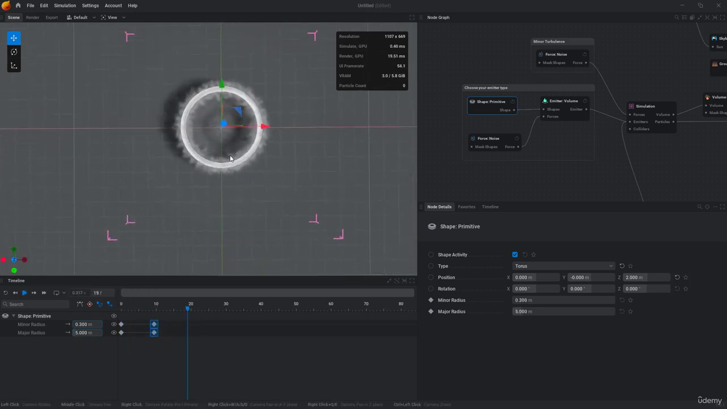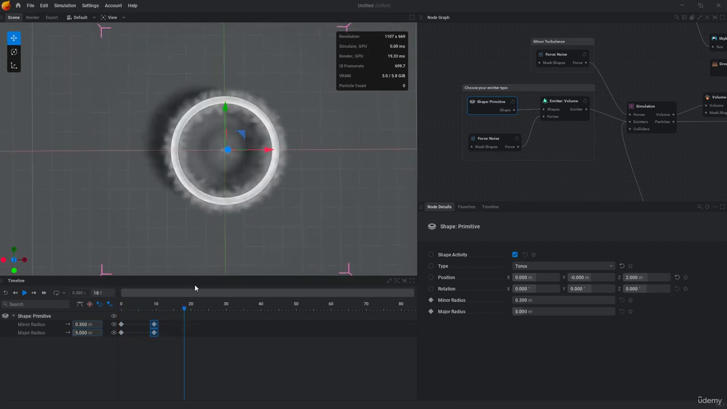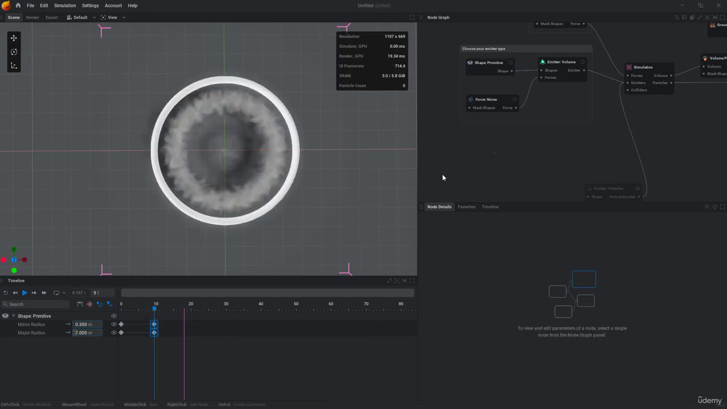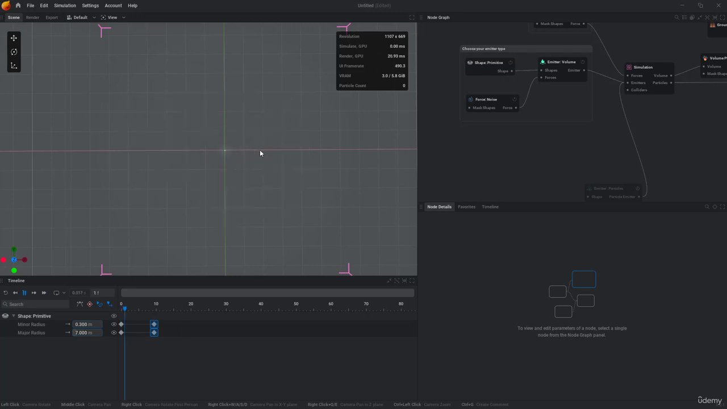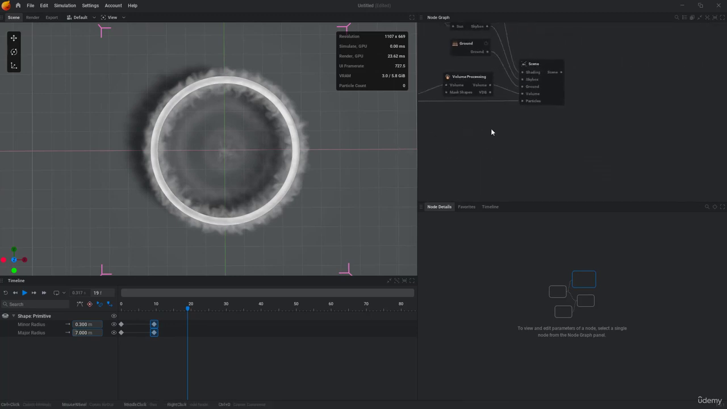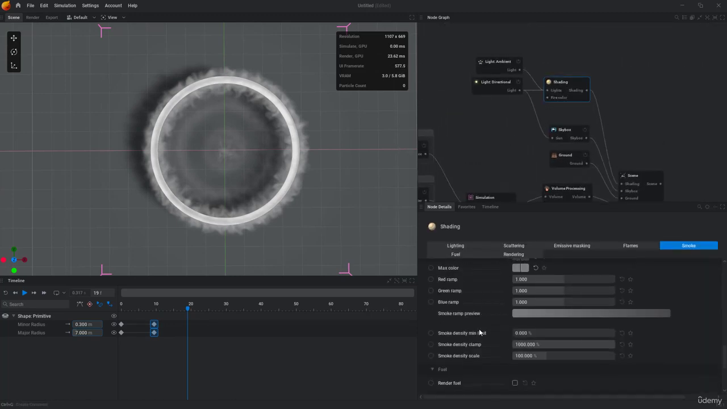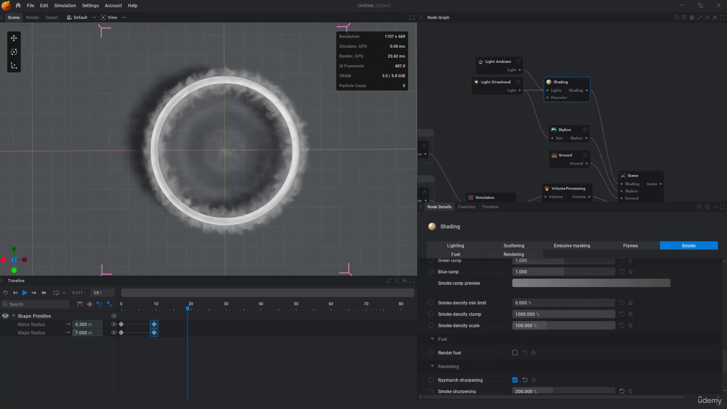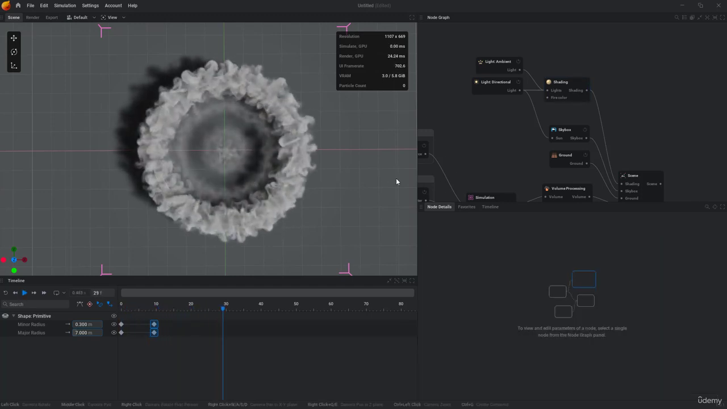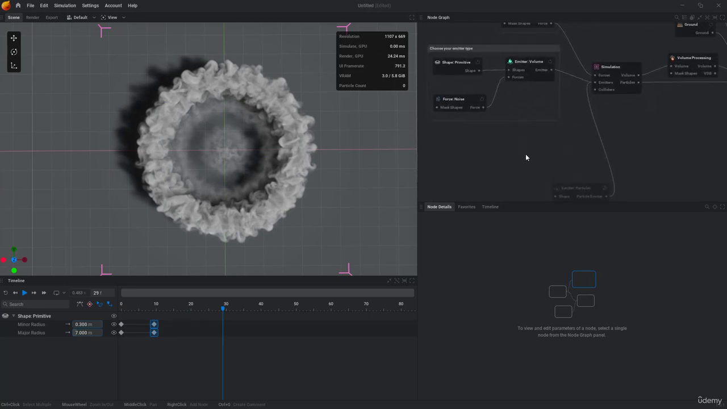and now if I hit play, you may see we have some gaps. I want to show you the gaps when you have fast animation. So let's change the radius at frame 10 to maybe 7, and you can see we have some gaps there. And if I go to the shading again, and scroll down to the smoke, I'm gonna increase the smoke density, so you can see we have gaps there,